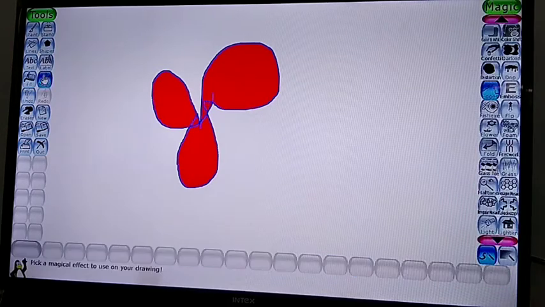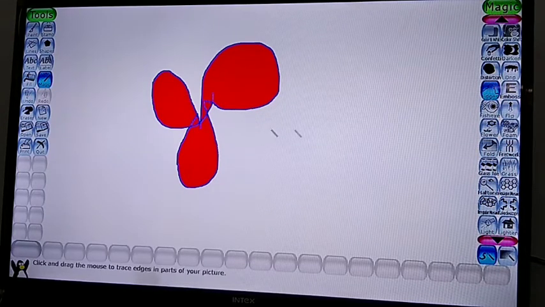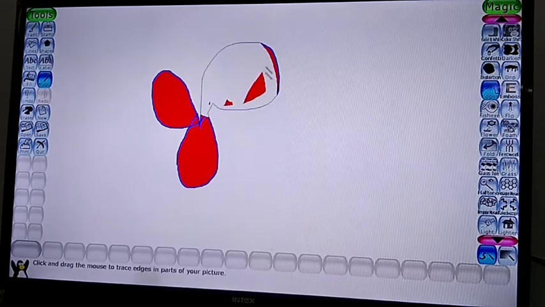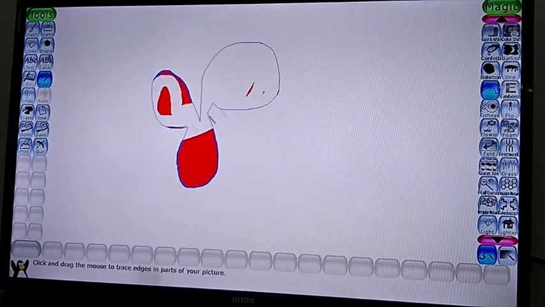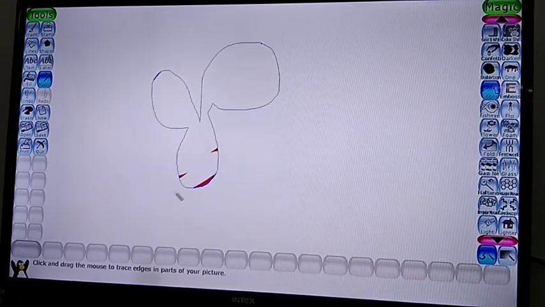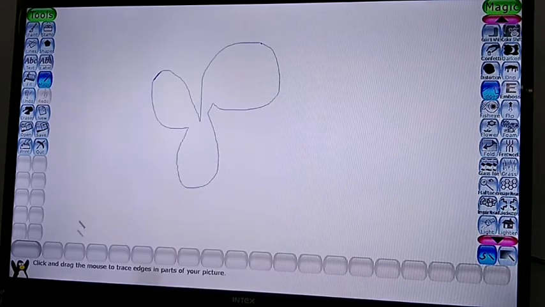Now again go to magic tool and choose edges tool. Again I am telling you about edges tool only. Now choose edges tool, and when you click here, see what it will do. This tool will trace the edges of your figure. See, only the outline of your figure will come. Whatever I have drawn, only the outline is coming. So this is the work of edges tool.